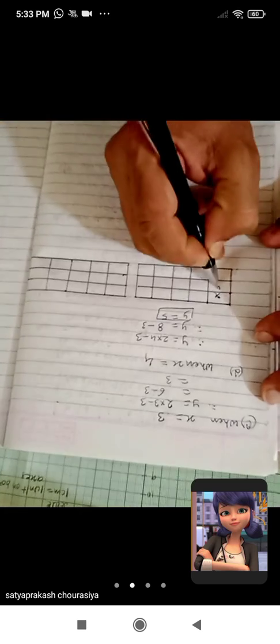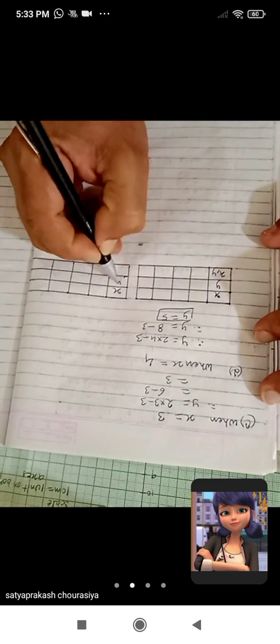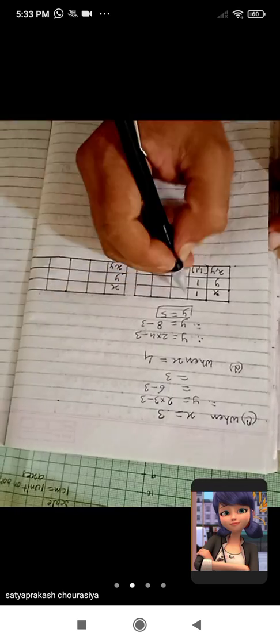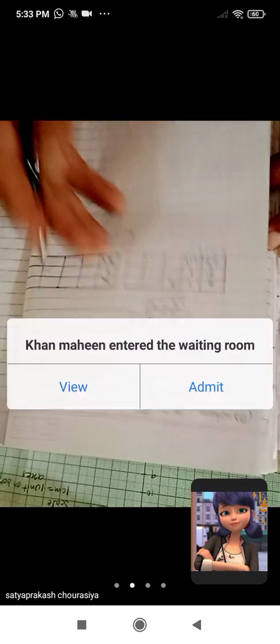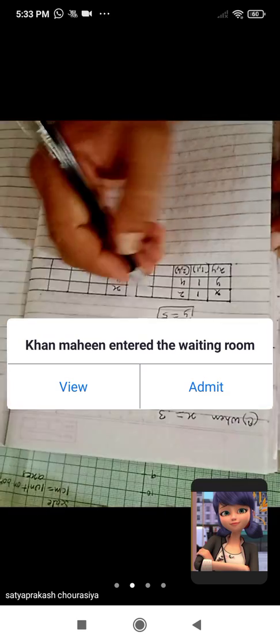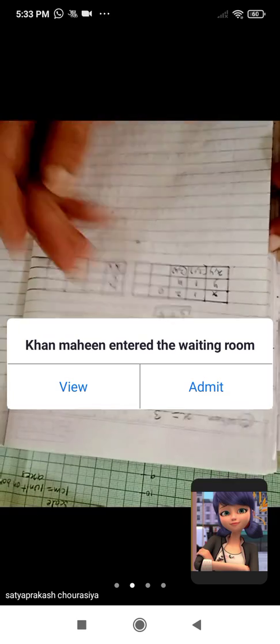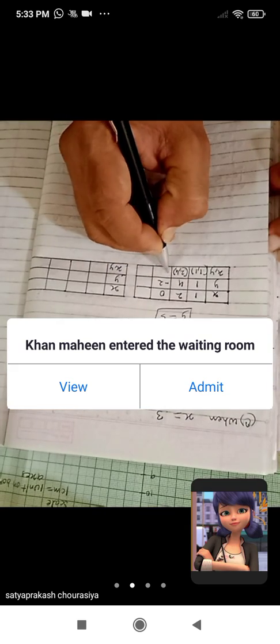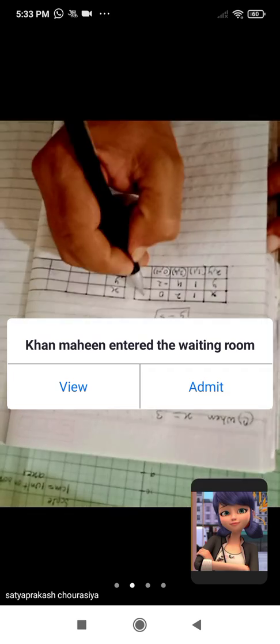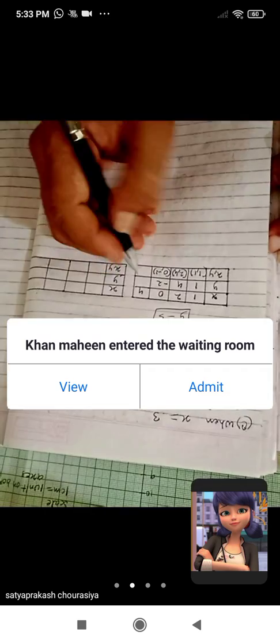Okay. x, y, x comma y. Now for the first equation, when we take x equal to 1, then y is also 1, 1 comma 1. Next point is when x is equal to 2, then y value is equal to 4, 2 comma 4. Next value, when x was 0, the value of y was minus 2, so 0 comma minus 2. And the fourth value, when x was taken as 4, we got the y value as 10, so 4 comma 10.